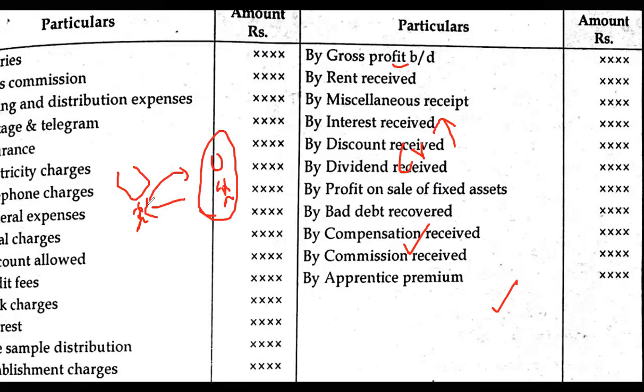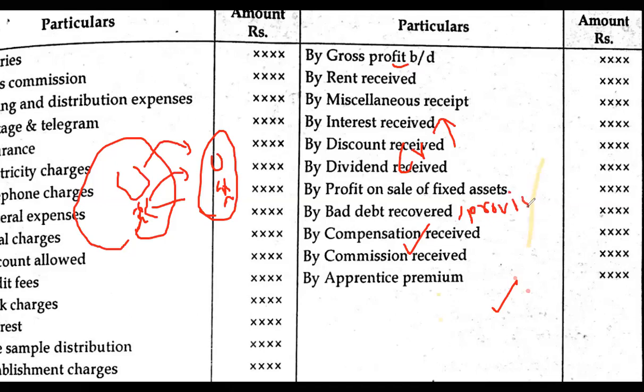But sometimes what will happen, अचम्म हुन्छ कहिले, if तिमीले माया मारिसकेको पैसा पनि recovers sometimes, then that is called bad debt recovered. Otherwise provision for bad debt हो, bad debt recovered को ठाउँमा provision for bad debt भनेर पनि आउँछ